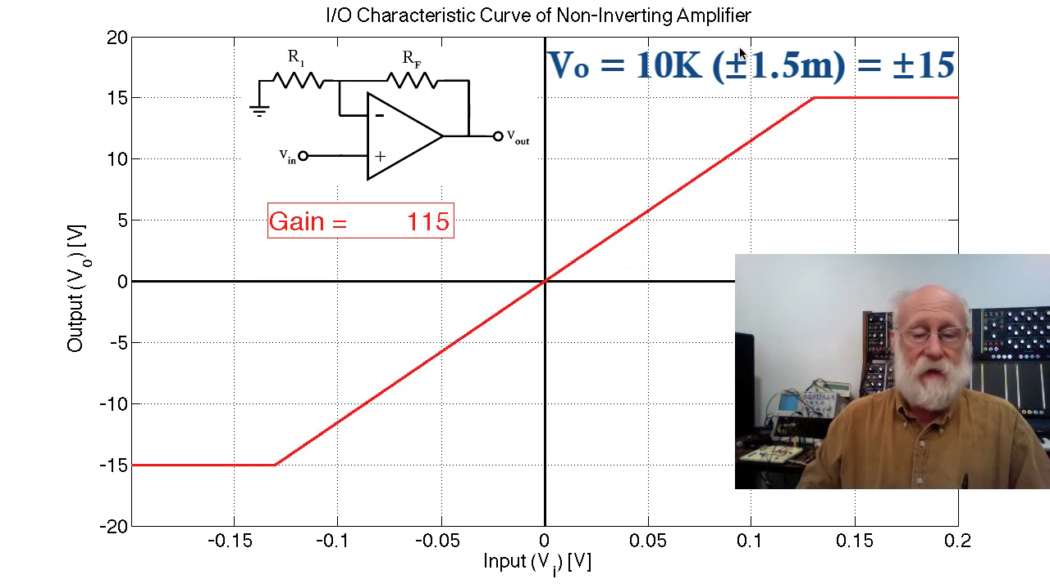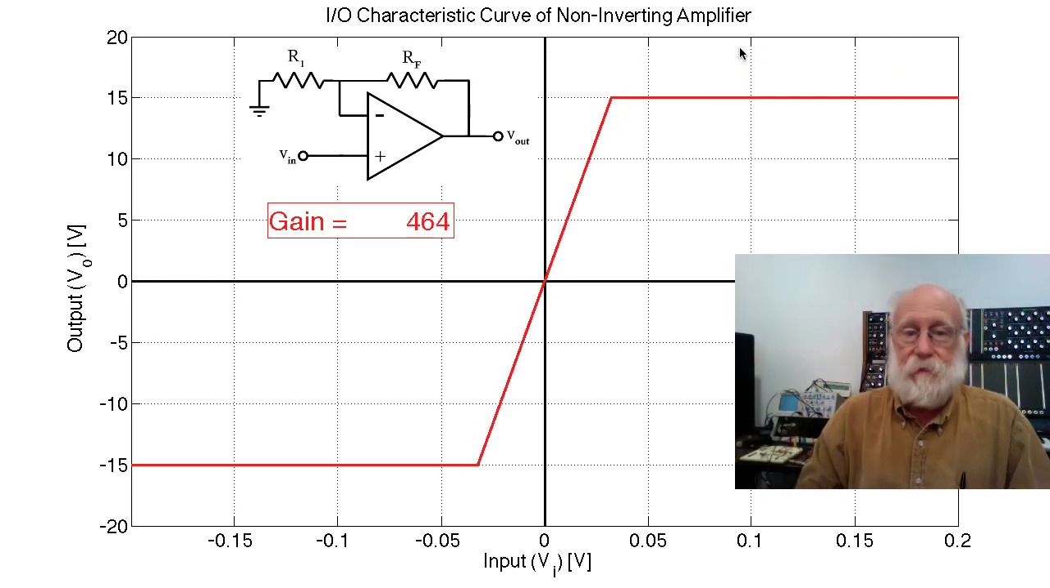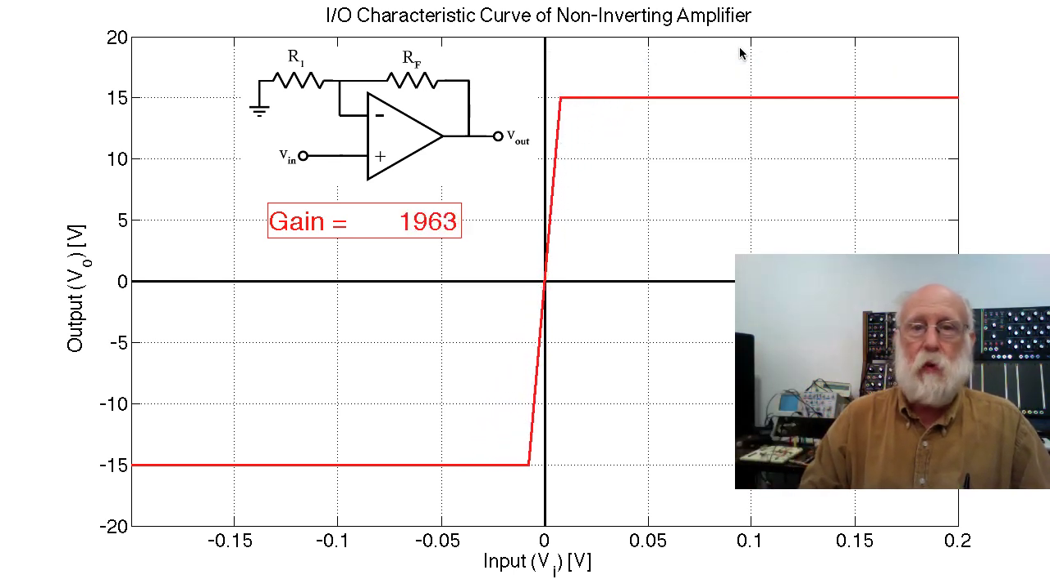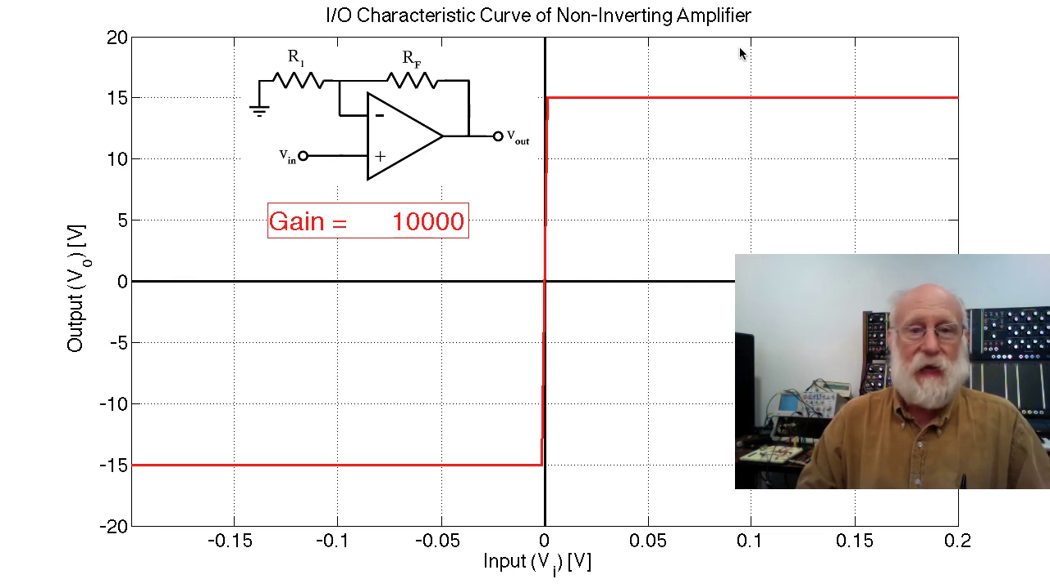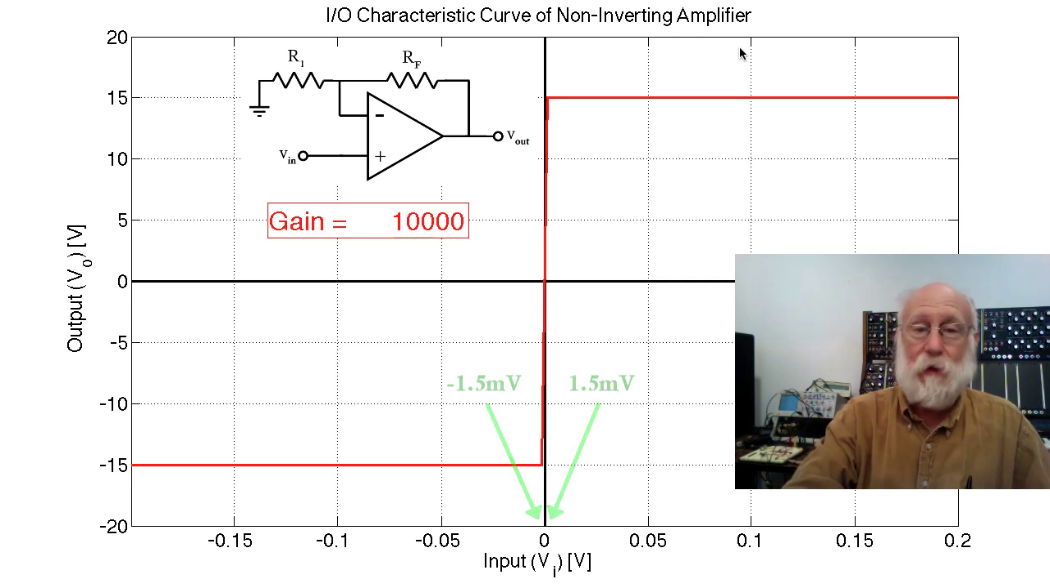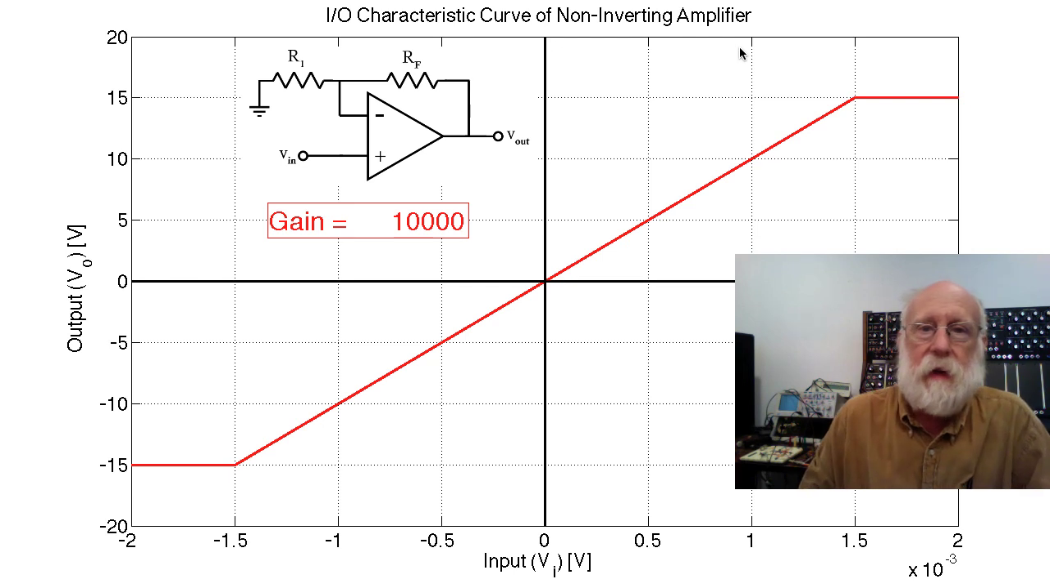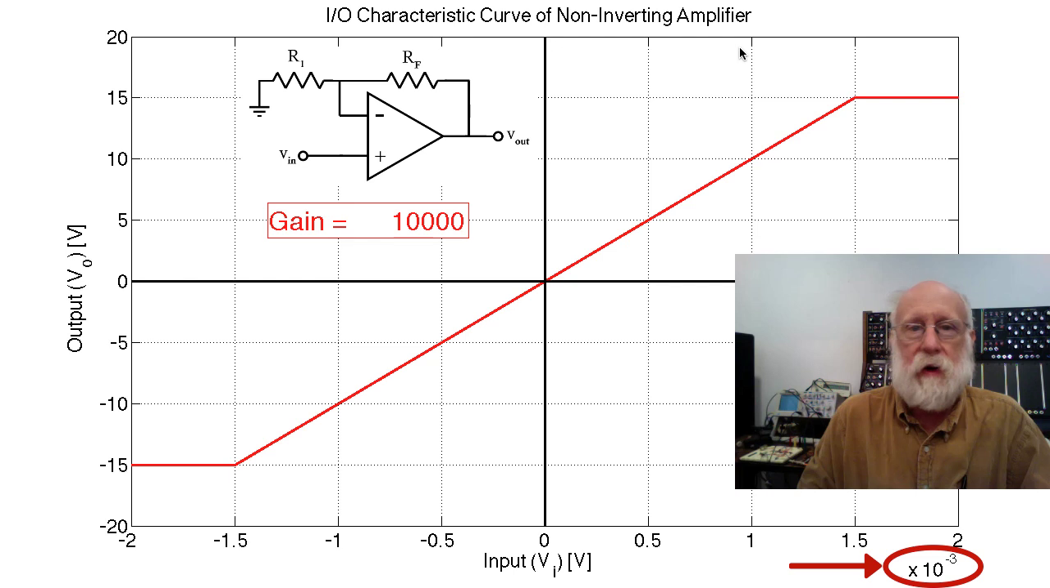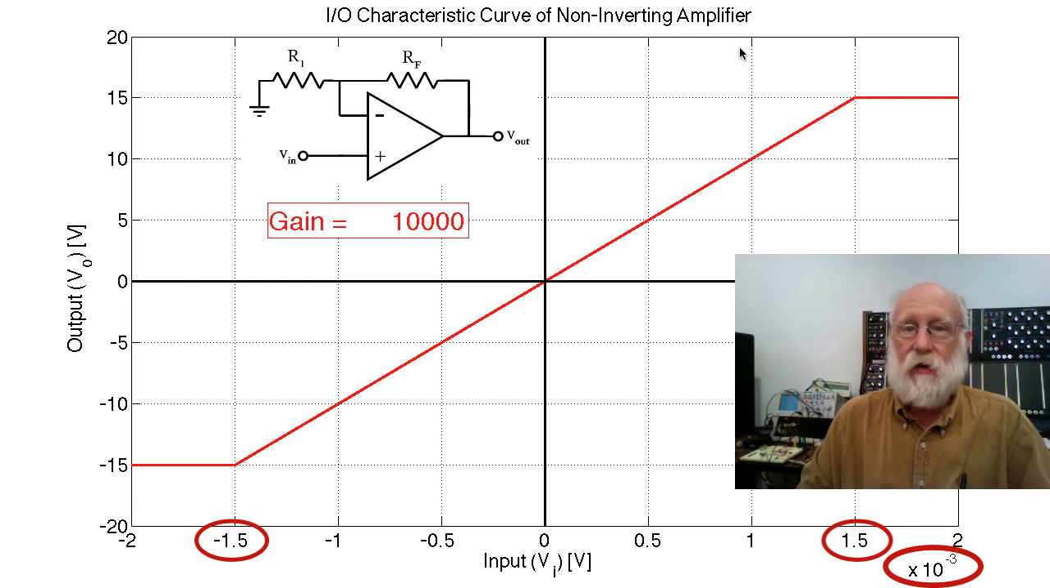So if you have a gain of 10,000, here we go. The maximum range of input values that will not saturate the outputs is plus and minus 1.5 millivolts. Let's do this one more time just to show that it will continue forever and ever, basically. All right, here's our picture with a gain of 10,000. Now note over in the bottom right corner it says times 10 to the minus third. So plus and minus 1.5 millivolts is your range of really usable input voltages for it to be in the